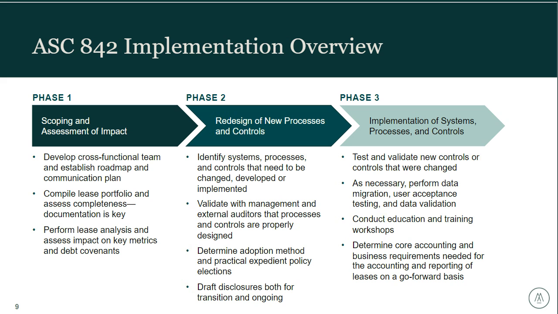So what we believe is the first stage that we really want to think about is scoping and the assessment of the impact. This is going to be a question that comes from your auditor: how do you know your population is complete? How do you know that you have all the contracts that meet the definition of a lease in accordance with 842? I can tell you right now, for the majority of the entities on this presentation, you're going to need a cross-functional team. You're going to need teams from different divisions and different sections of your company. Developing that team today will really help you establish that roadmap and communication plan moving forward,